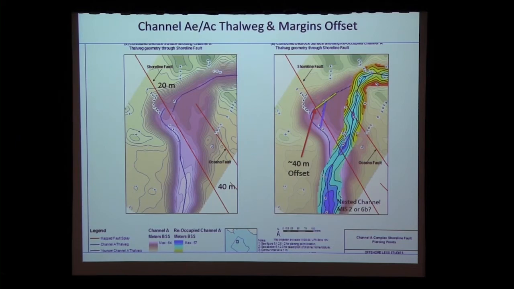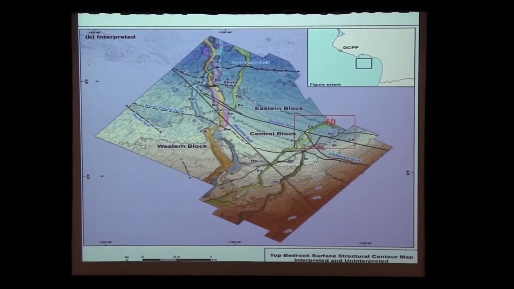Gary, skipping two channels, I think it was F and I, your preference was for no offset, but some limit of resolution. Could you go back to the map and show where those are? Are those essentially the lower slip rate of 0.06 from the offset back edge of a shoreline angle? Were those zero displacements measured on the Oceano Fault, as opposed to the shoreline fault? Right.